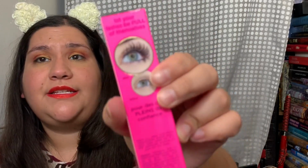I thought this was waterproof or something, but it says 16 hours, so maybe it's supposed to be smudge proof. But it's supposed to take your eyelashes from that to that. So if I didn't already just put on some mascara, I'd put on some more. But I was wanting to try this because I like the Tarte Ready Set Lashes, the Camera Ready Set, whatever. But I need to try that, and I think it has a waterproof version now,